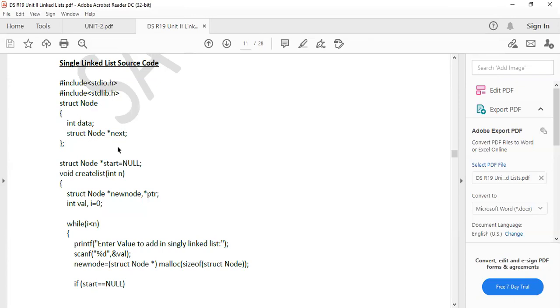That is why I am writing the node globally. After that, see, the node is created. Now we will allocate the memory. Before that, struct node star start equals NULL. That means, first of all, the starting node in the linked list is null. Then only we will initialize the memory using the malloc function. That is another thing.